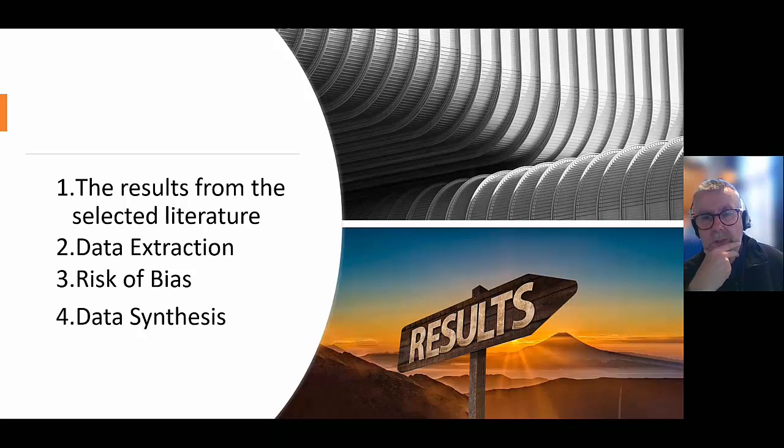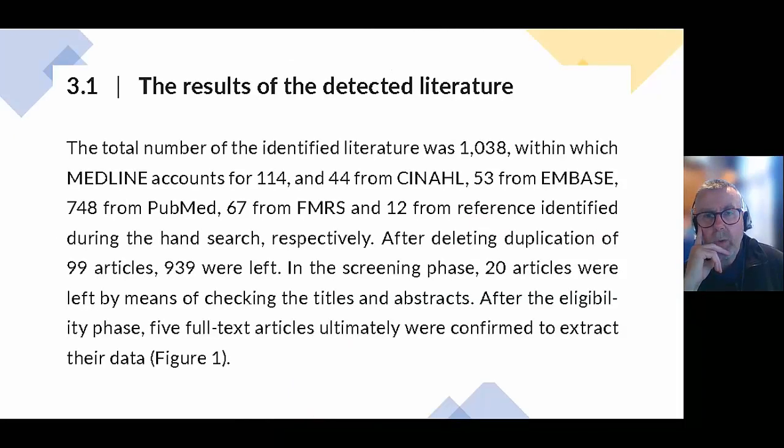Then we'll talk about their risk of bias, which in this paper is presented visually as what is known as a risk of bias diagram. And finally, they will carry out a data synthesis which culminates in the production of what is known as a forest plot. So in summary, they start with just over 1,000 likely candidate papers spread across 5 databases, which you